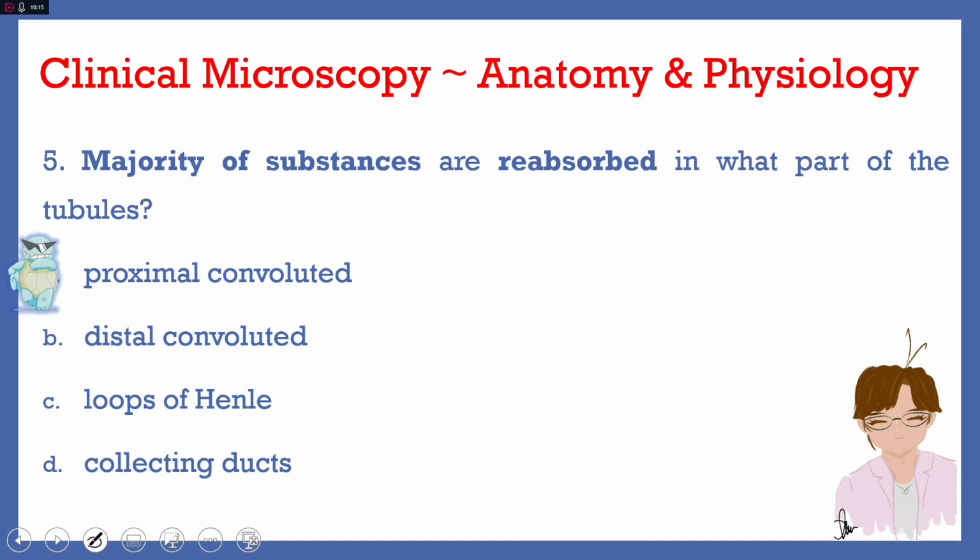If you will look at the cells that make up this portion of the tubule, you will see cells with brush borders of microvilli, which increase their capacity to absorb things, so that the major site of tubular reabsorption will be our proximal convoluted tubule. But then, let us also add that it will also be the major site of tubular secretion. So the major site of tubular reabsorption and tubular secretion will be the PCT.